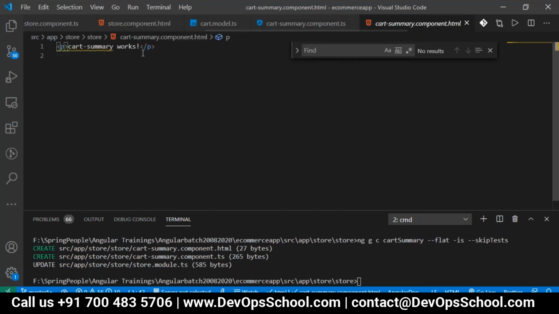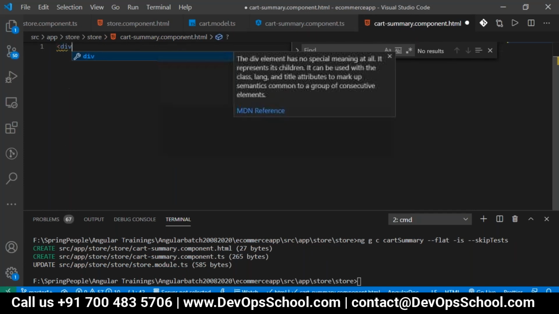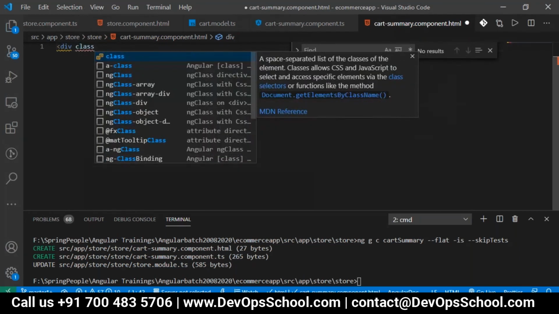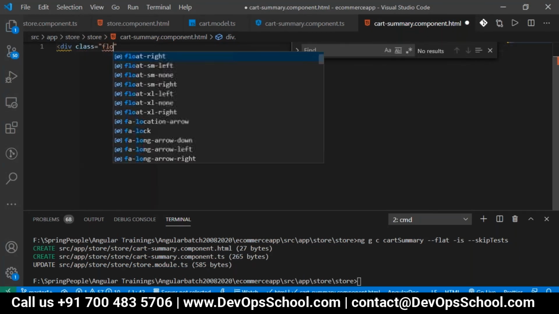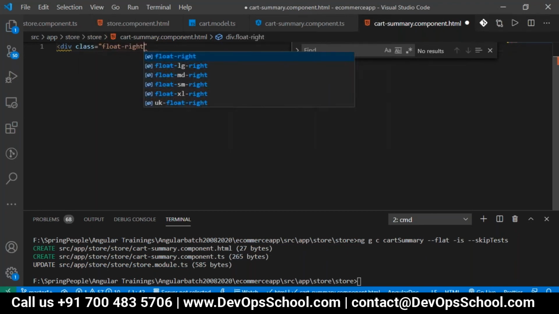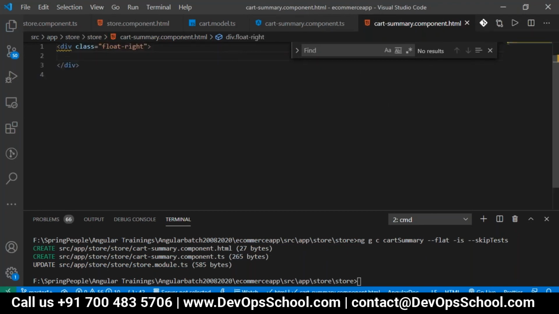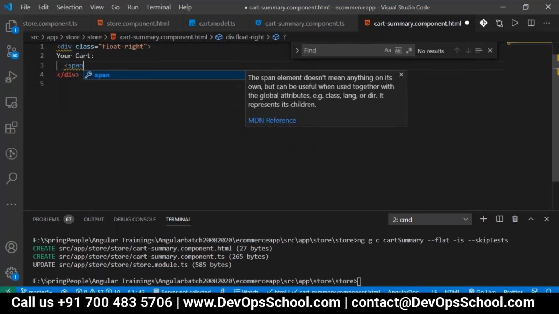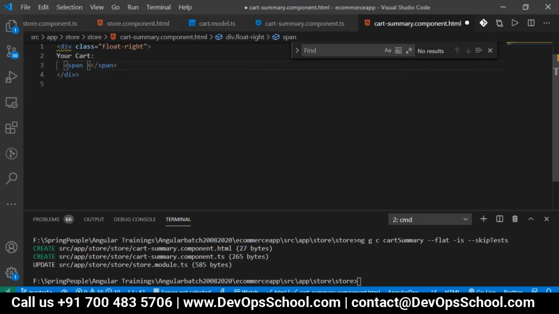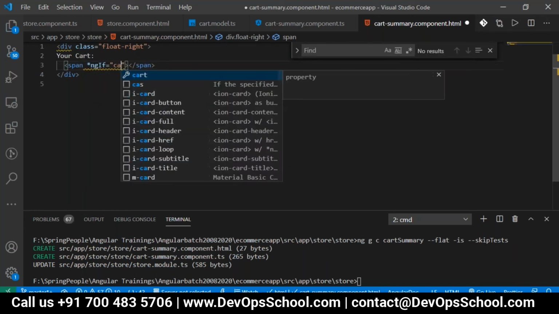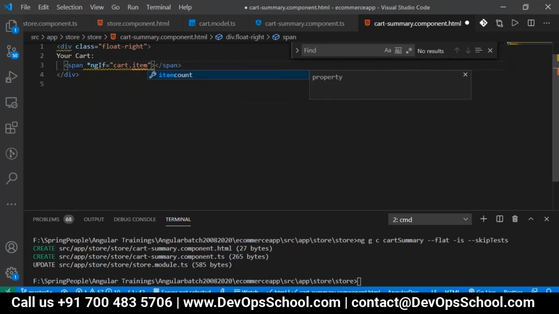I want to write one simple div, which should be floated to the left, sorry, right. So I'll take float right. Where I want to have your cart, it should display Your cart in the span, ngIf. First getting how many items are there in the cart. So cart item count is greater than 0.